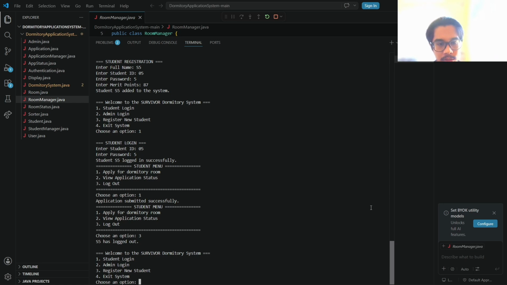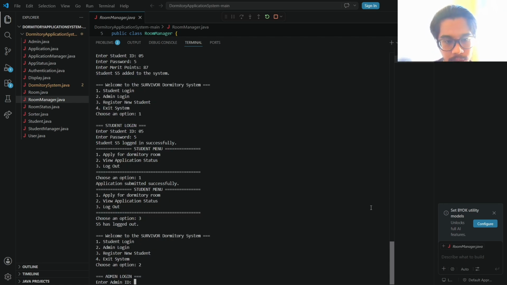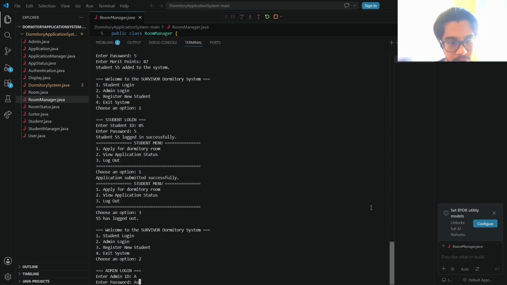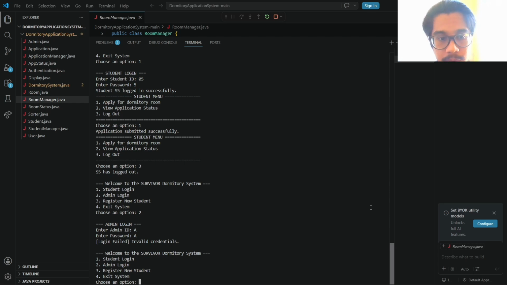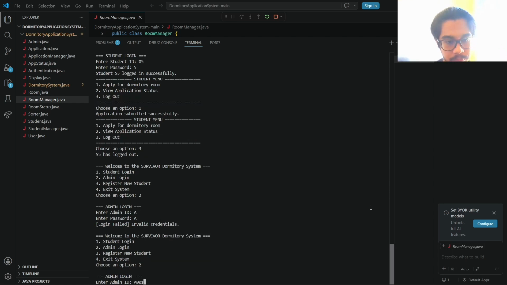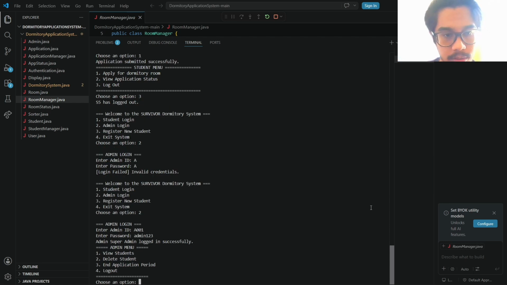So earlier we've already created a few students, so now we're going to simulate that. First, I'm going to show you what would happen when the admin enters incorrect details. If we enter the incorrect details here, it will say login failed due to invalid credentials. If we enter the correct credentials, then there we go. We've accessed the admin panel with 3 main functions: view students, delete student, and